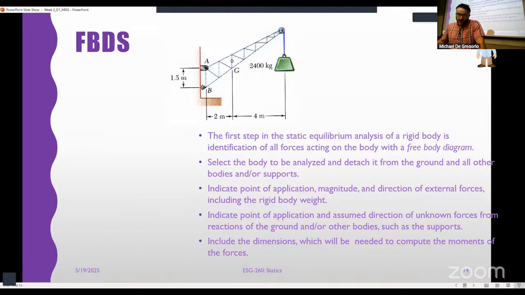All right, more on FBDs. The first step, right, this is all the same. This is basically here to remind you that drawing a free body diagram is the same whether we do this for this crane or for a particle, right? It's all the same, except that in this case now, notice what we have. What kind of connection is this at A? It's a pin. What's this guy down at B?